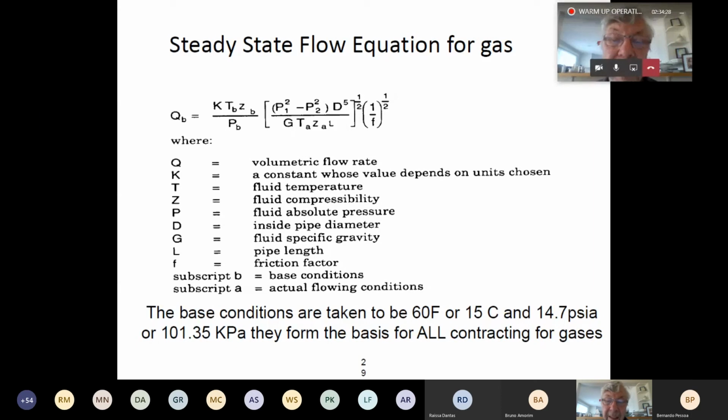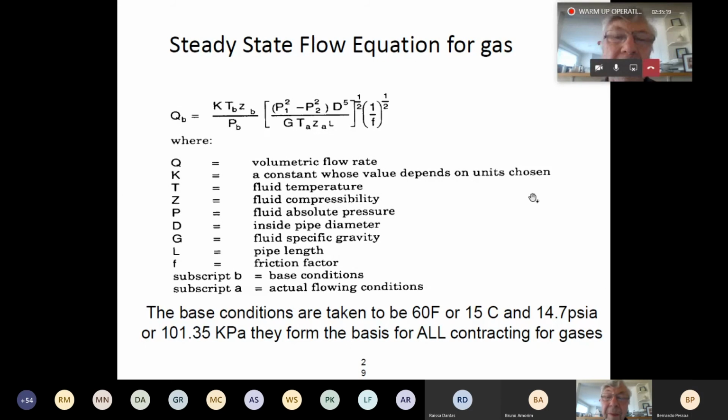Now, what's important for gas is, if you see it there on page 29, you'll see a little subscript B. When we buy and sell gas, when we transport gas, because the pressures, of course, are different in the atmosphere and the pressure in the pipeline at any particular point, we need to use base conditions, and the base conditions are actually 60 degrees Fahrenheit or 15 degrees centigrade, and a pressure of 101.35 kilopascal. So irrespective of what the atmospheric conditions are where you're producing the gas, you always correct them back to the base conditions, and you need to do that